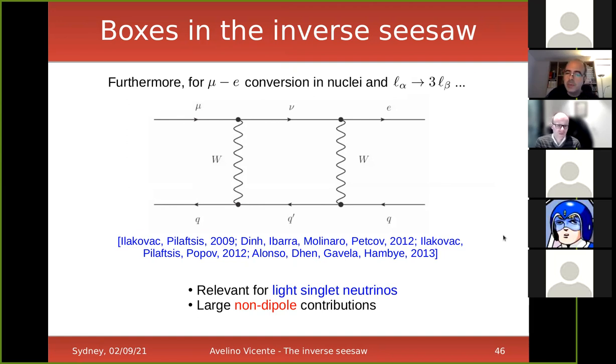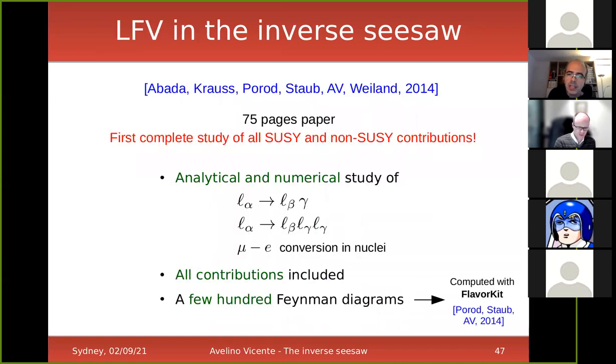And actually, this is very interesting when this was discovered, when the light singlets, which are here, are very light, light meaning a few giga electron volts or around, not larger than the TeV, of course. And this is important because these contributions are independent of the penguins that I explained before. So these are non-dipole, and therefore the phenomenology gets richer. You have independent contributions. So back in 2014, this is a bit old, but I think it's still completely valid.